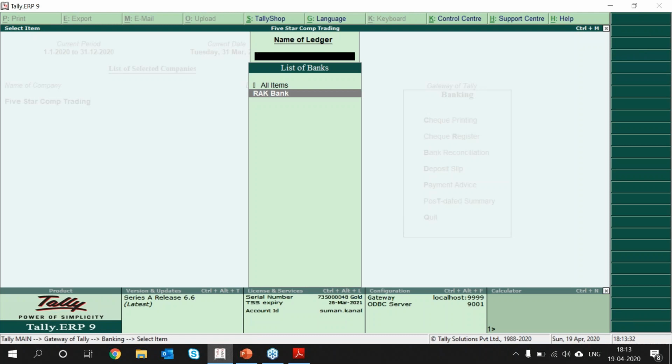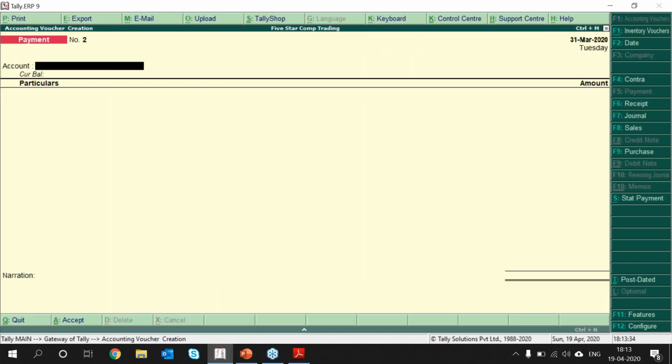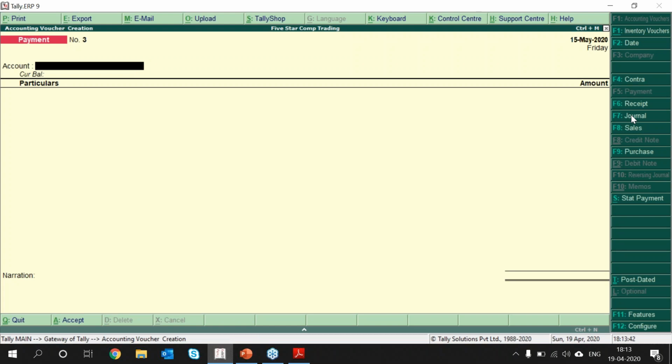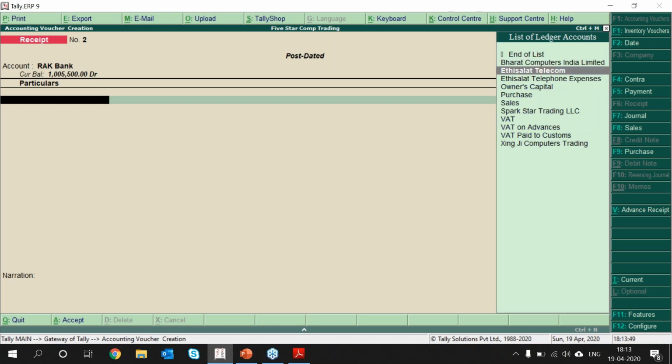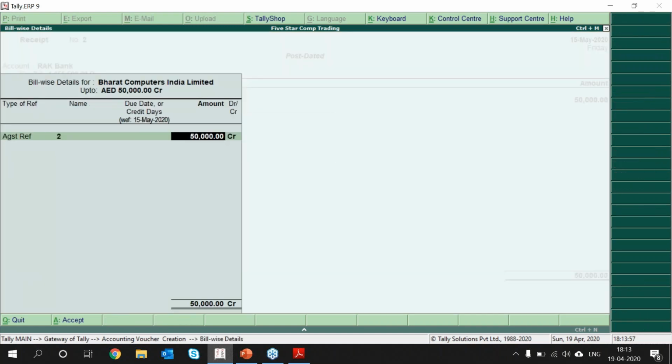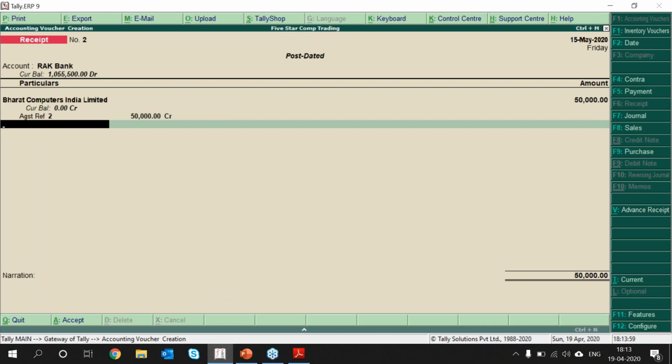Similarly, for the receipt as well, assuming that we are going to receive money for a particular date, say 15th of May, I can select receipt, post dated, select the bank, select my customer, provide the value, select reference.